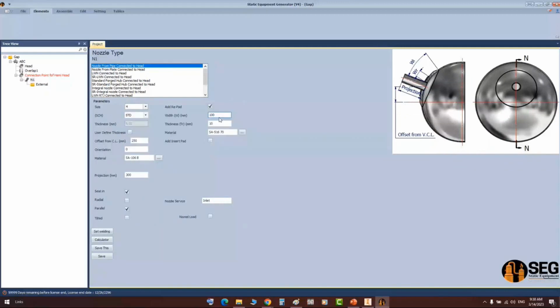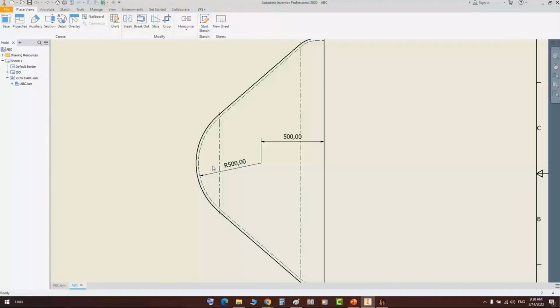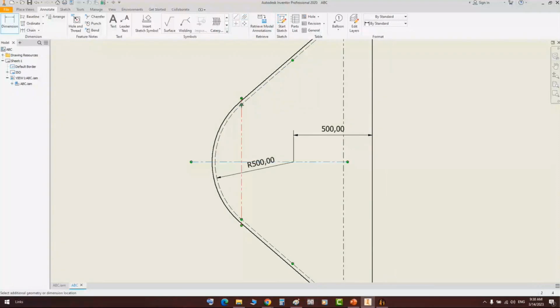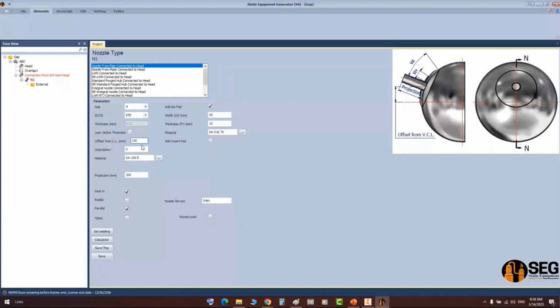And for the offset of this one, we check the center line. By using the center line option, let's add a center line from here to there. So from here to the end at that point, it's 300. So if we make it 150, it will be located in the middle. So we can make it like that, and the orientation keep it 0, and the projection, let's make it 150,